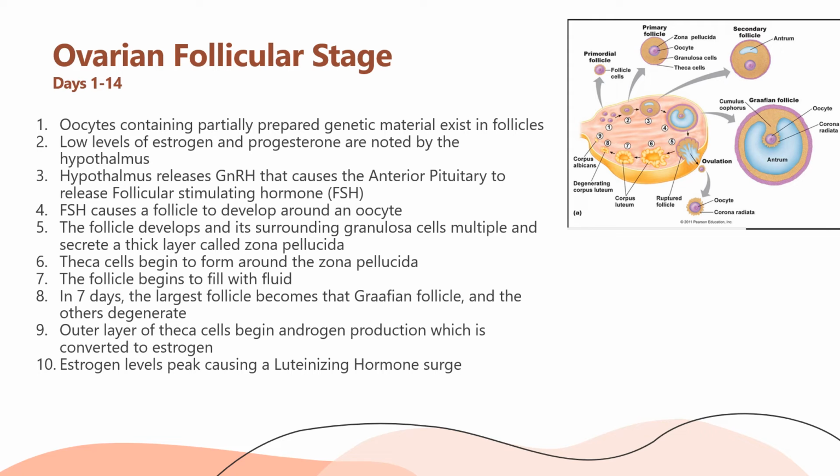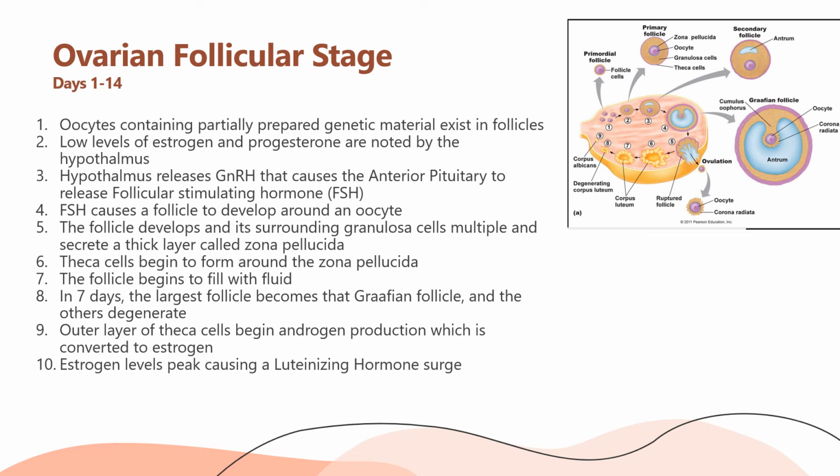So if we're breaking this down into the endocrine cycle, the ovarian cycle, and the endometrial or uterine cycle, first, we're going to really talk about the ovarian cycle. The ovarian cycle lasts from day 1 through day 14, meaning that day 1 of our cycle is the first day of menses, and usually, assuming day 14 is about the day of ovulation. So in the ovarian cycle, we have oocytes containing partially prepared genetic material within our ovary. Upon release of follicle stimulating hormone, those